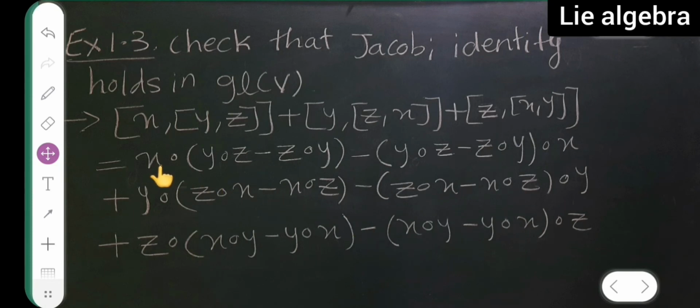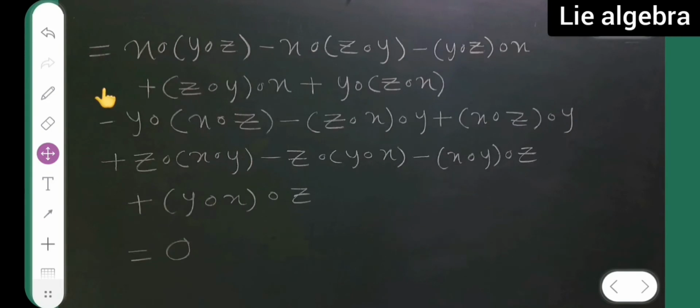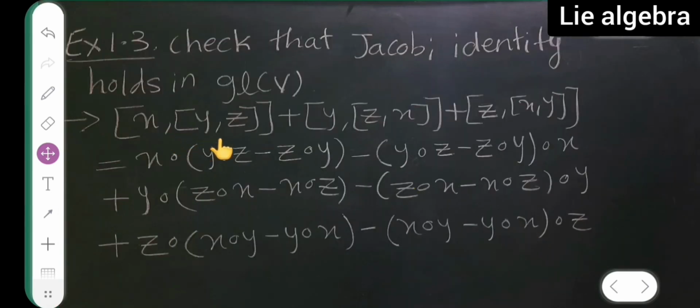Now this X composite you have to multiply with this, as well as you all have to do with this, okay, along with this. So same way with this and then this with this one, and similar way you all have to do for this, okay? Now X composite Y composite Z minus X composite Z composite Y. See this, sorry, this with this I have done, then minus, now this with this,